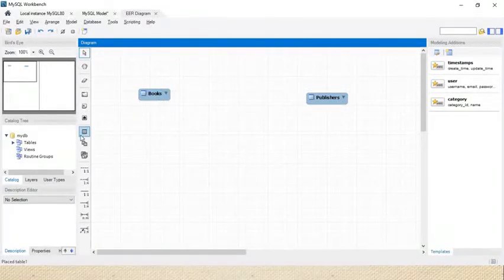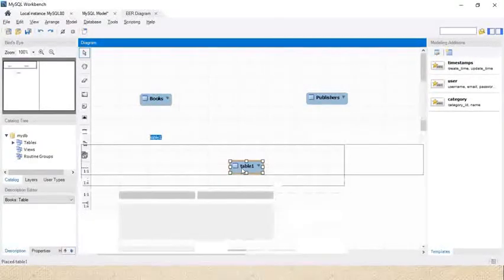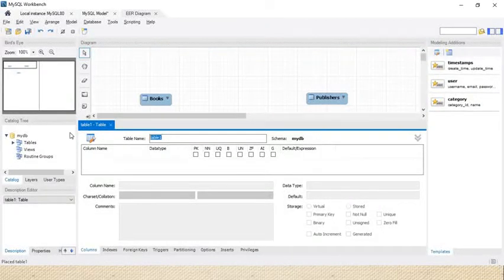I will create one more table called author. Here I will write it. Don't worry about the structure, it moves easily, it is a drag and drop option. Here I will write my last table name. Since this is the first diagram, we won't go into much detail.